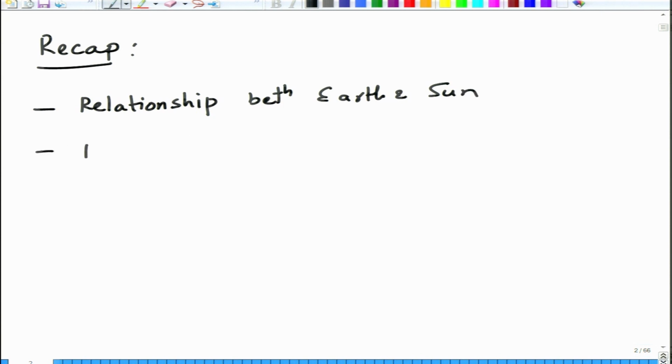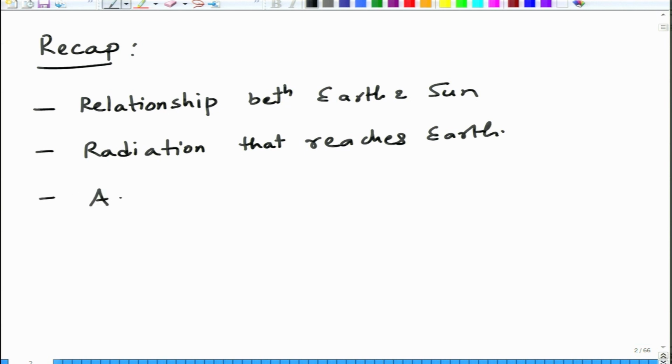We also looked at the radiation that reaches Earth, and we were discussing at the end about the losses. Basically, the amount of energy that reaches us is dependent upon a variety of losses that take place in the outer atmosphere of the Earth. So, now we will further dwell into those aspects of